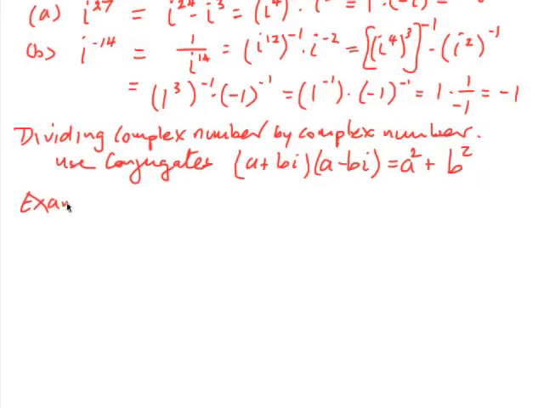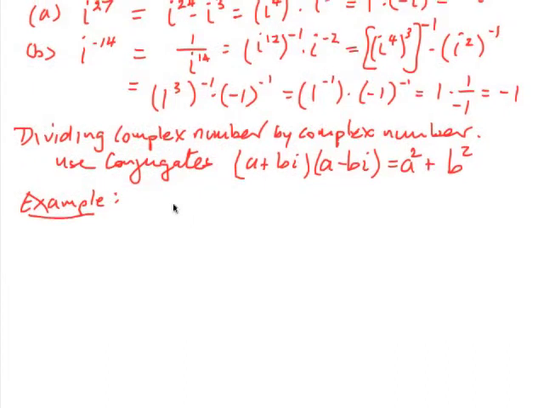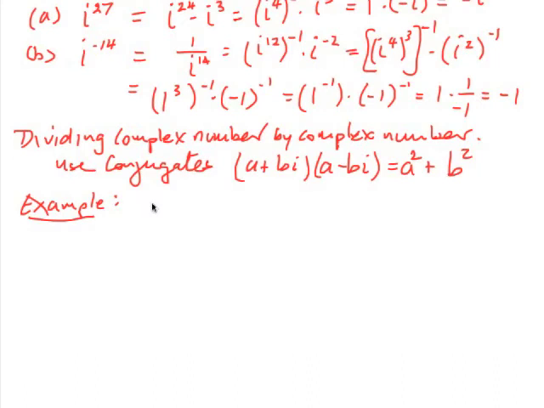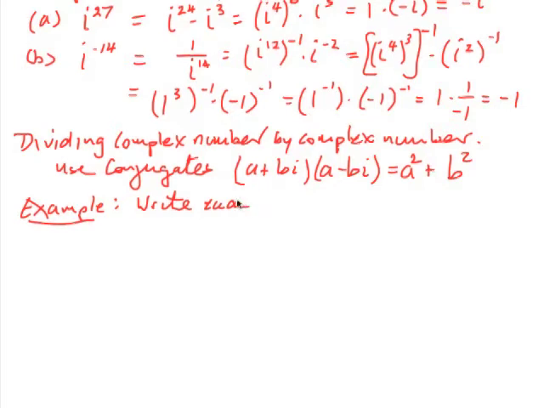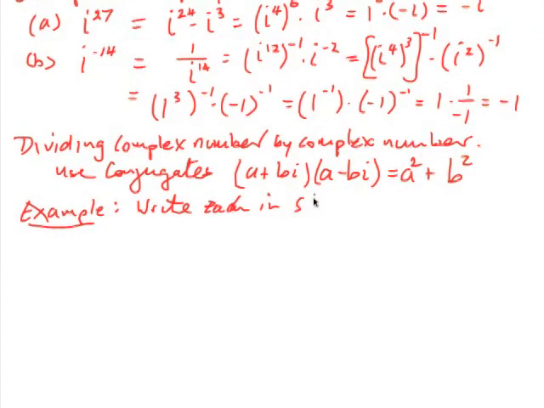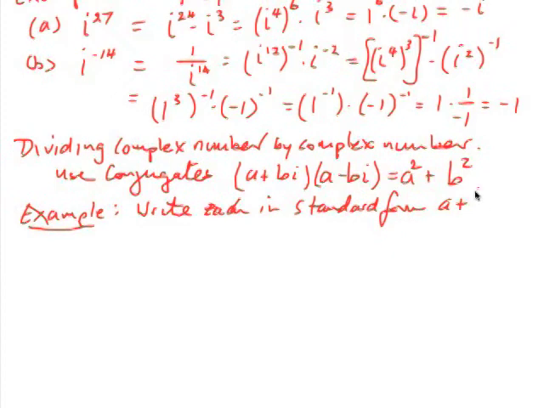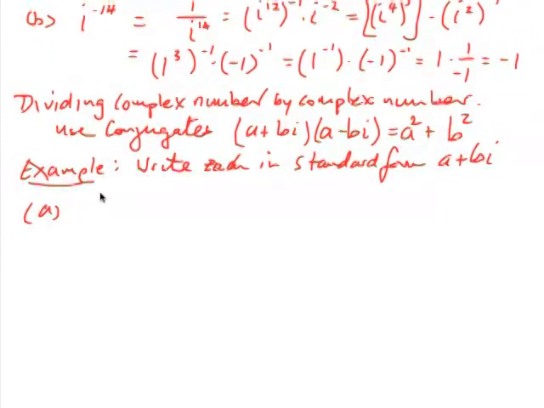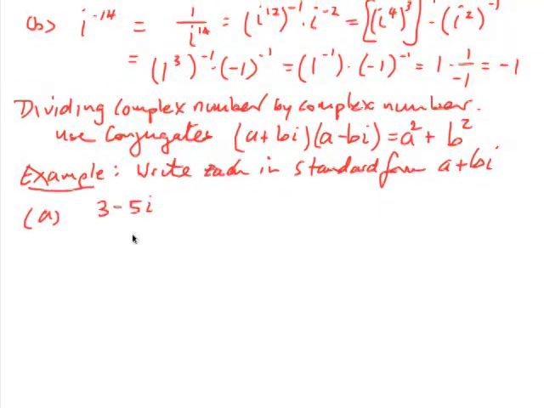So if we're going to use that, simplifying a complex number that's being divided means to get it into a plus bi form, which means we need to get rid of the imaginary parts in the denominator. So we're going to write each of the following in standard form, which is a plus bi. Alright, so let's do part A. Let's suppose that we have 3 minus 5i